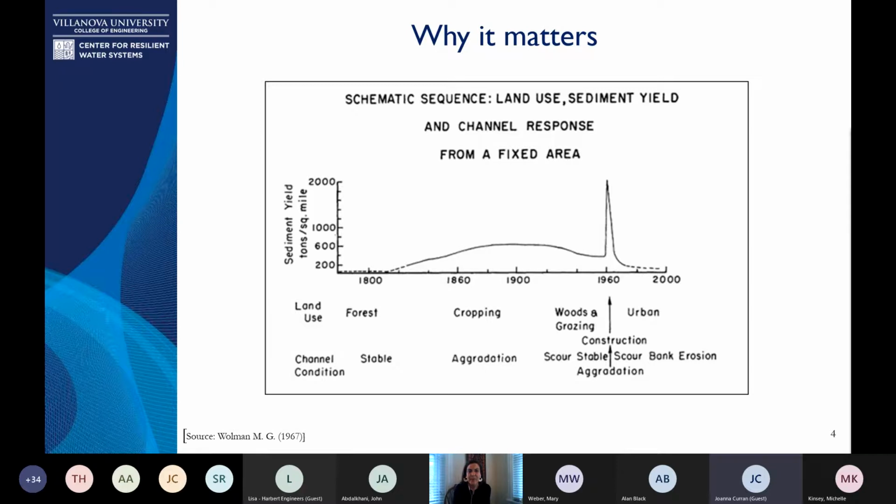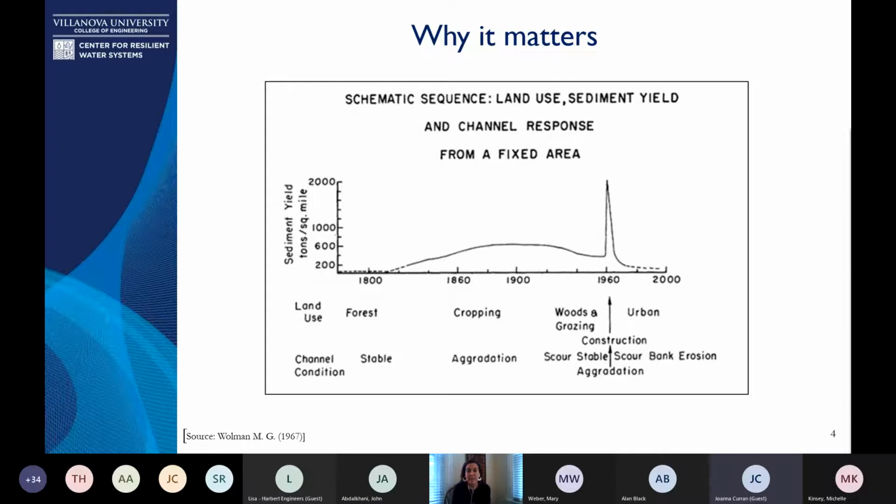So why does this matter? Well, this is from an old paper in 1967 showing how land cover change over time is related to what your hydrograph looks like. And this was published by Wolman in 1967, and what he suggested is that you started off with this, sorry, not the hydrograph, but the sediment yield. You started off with this